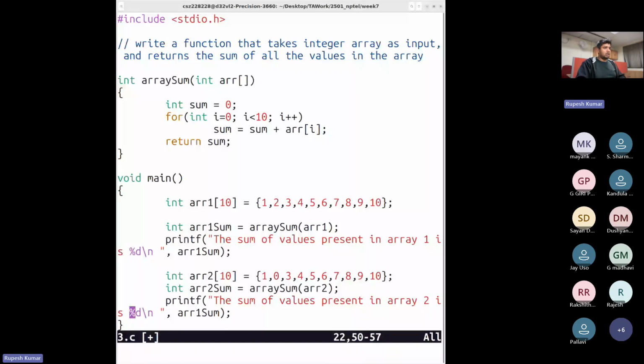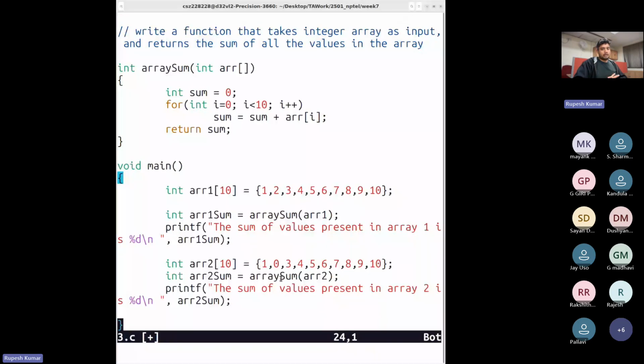Fine. So now what I have done here is I have declared a function. I have called the function array sum again here, onto a separate, different array, which is array2. Fine. Is this clear, everyone? So this is how you can reuse functions in C programs. Whenever you need to do some complex computations containing multiple lines, you can simply write a function and use it again and again, whatever number of times you want.